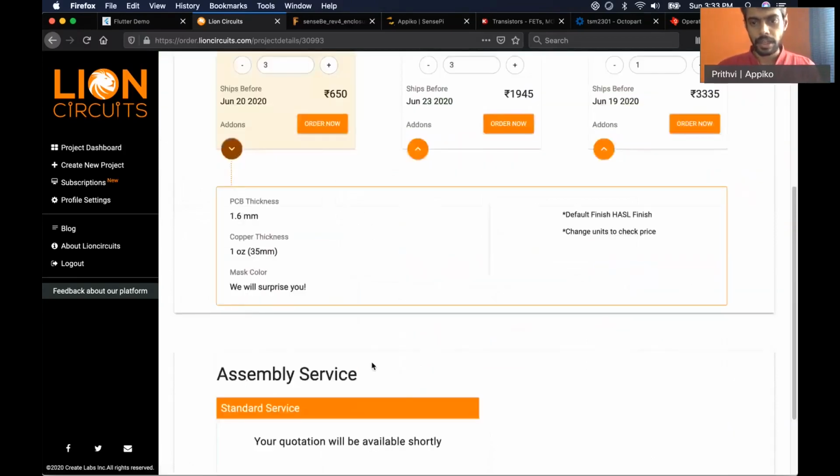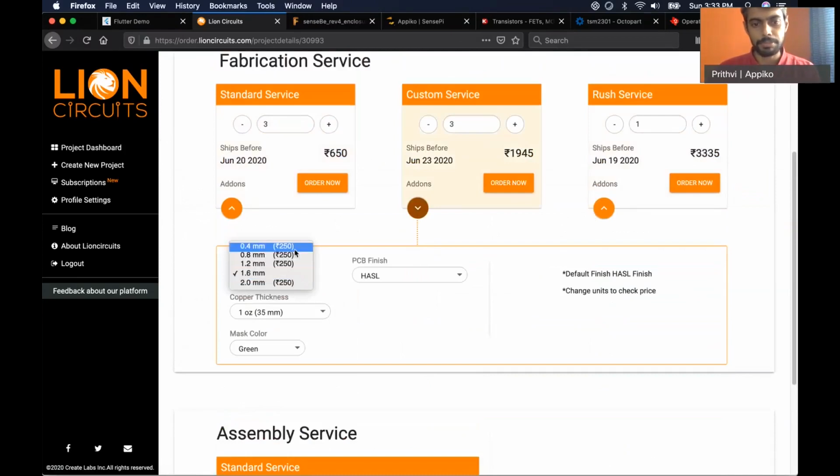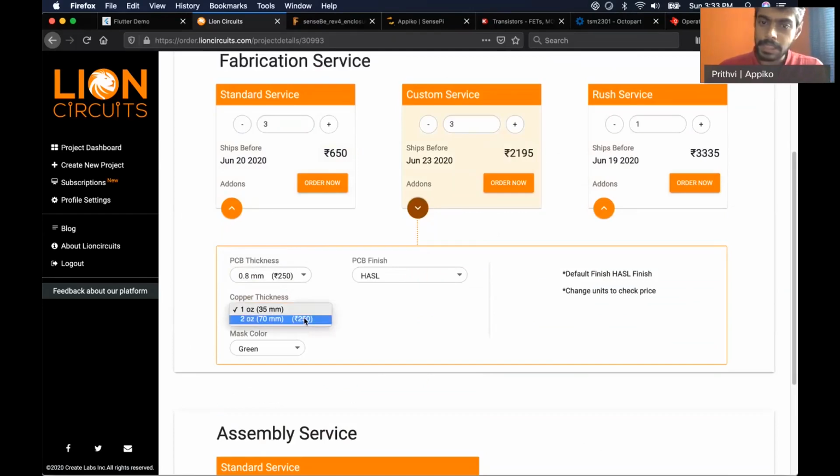When we use custom service, then we can see how the price changes for various parameters. If you make the PCB of different thickness, the price changes. And also, if you make the copper thickness larger, the price changes.